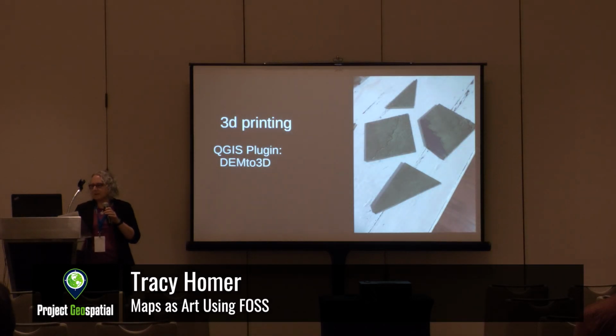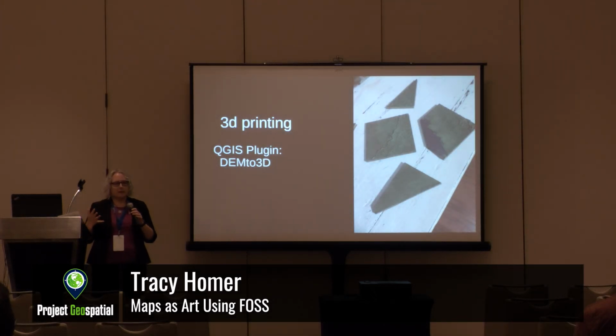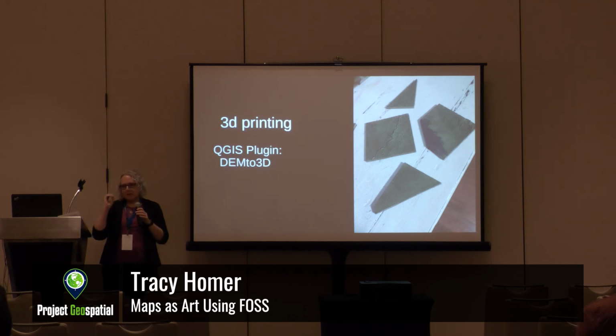The third type of map I want to talk about is a 3D printed DEM map. There's a QGIS plugin that will just take your DEM and put it into an STL. There's really nothing else you have to do about it. You can just take any DEM that you download off the internet. I looked at a few different